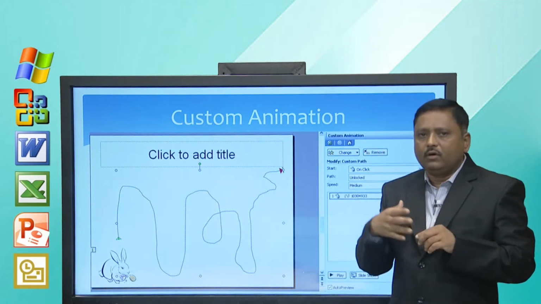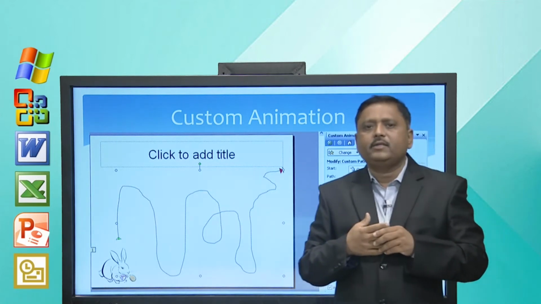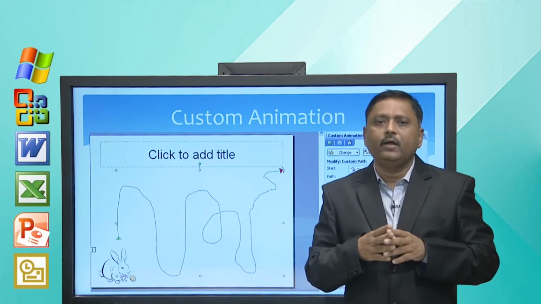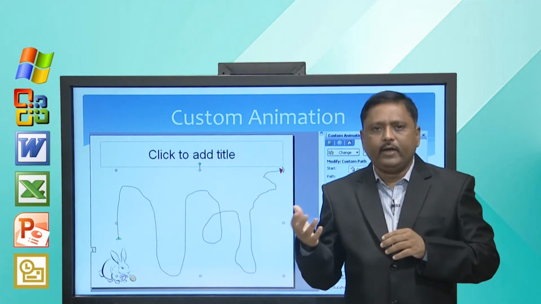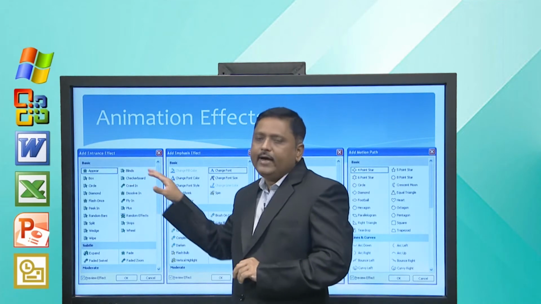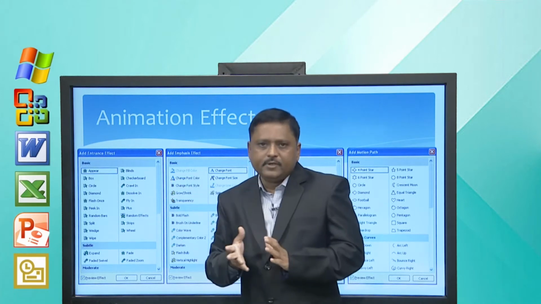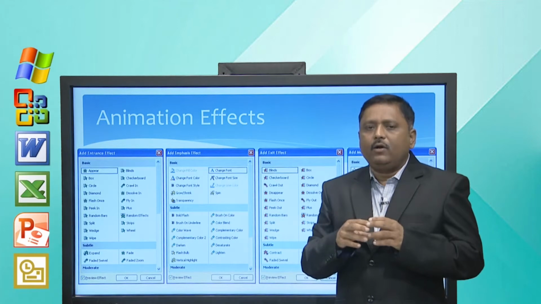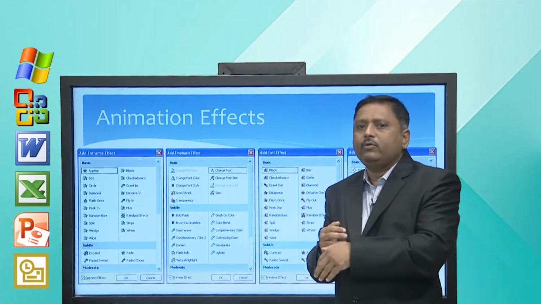Now, let us look at the various types of animation effects. What kinds of effects are available in those 4 categories that we discussed. The first kind of effect is entrance effect. As its name suggests, entrance effects are applied when the object enters the slide.